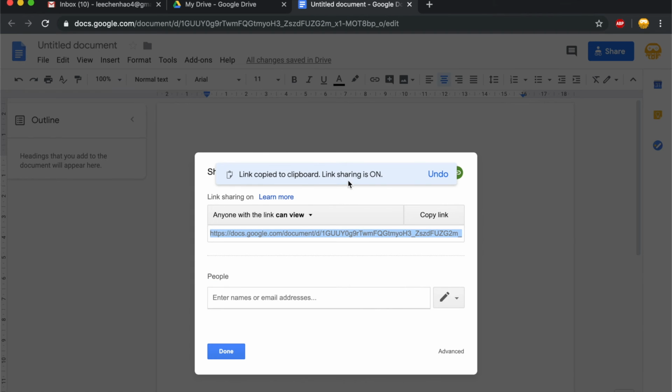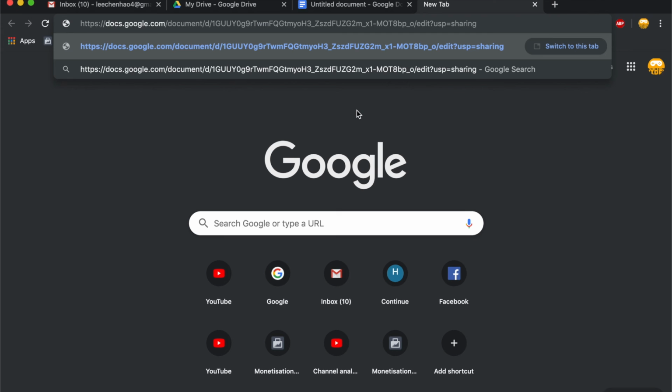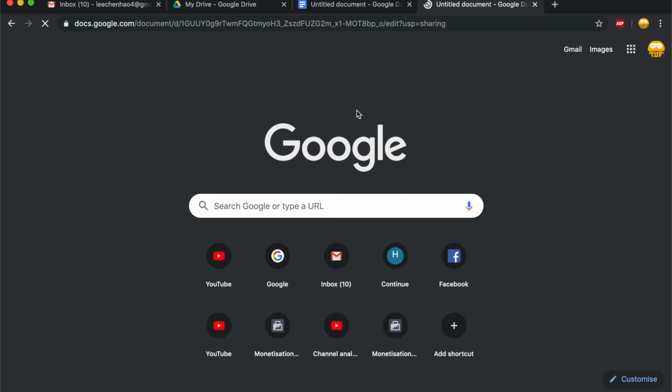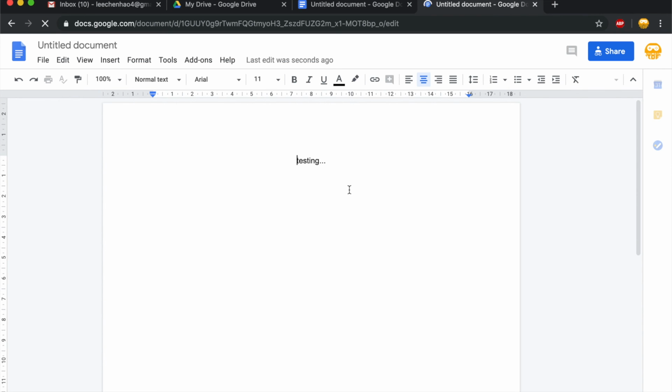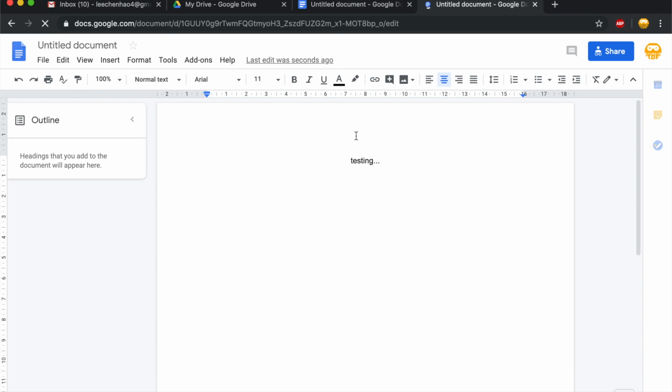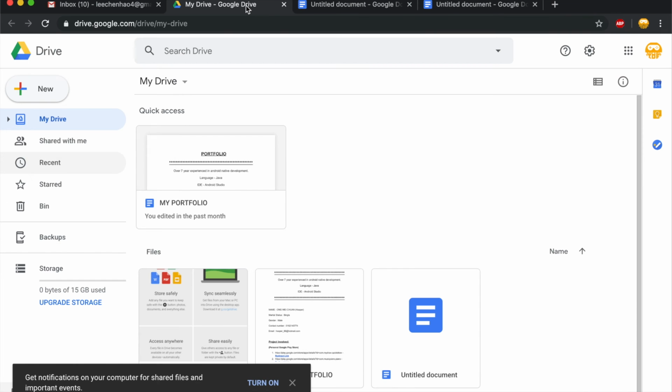So I just copy the link. It's copied already. I will pass the link to anyone I want to share with, and then they can open and view. It's very convenient for the Google Drive. You also can upload your document